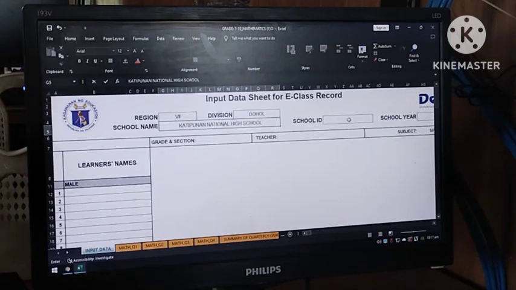Then for the school ID, year 2022 to 2023. Then section, name of the teacher,